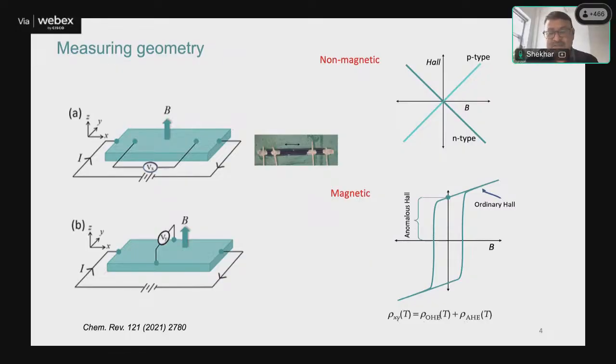So if our sample has a perfect geometry, like rectangular or a Hall bar, the real picture is shown here. This one we normally measure in linear voltage mode, because in the van der Pauw method we have to apply some geometrical factor to calculate the resistivity from resistance. But the linear method is very popular and straightforward, where we don't need to calculate any geometrical factor,